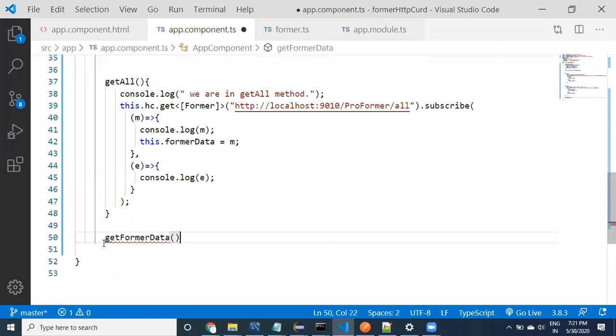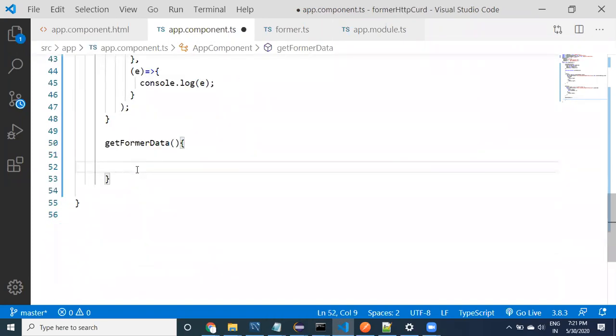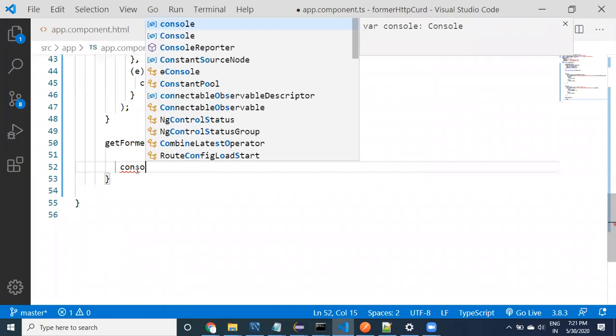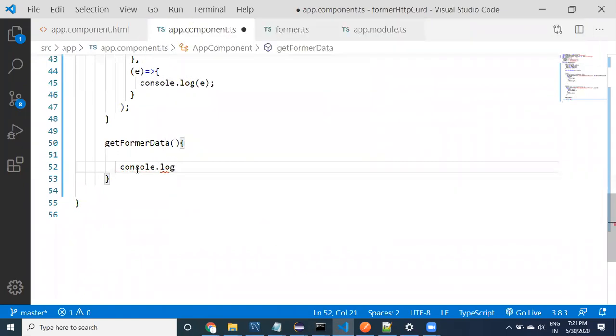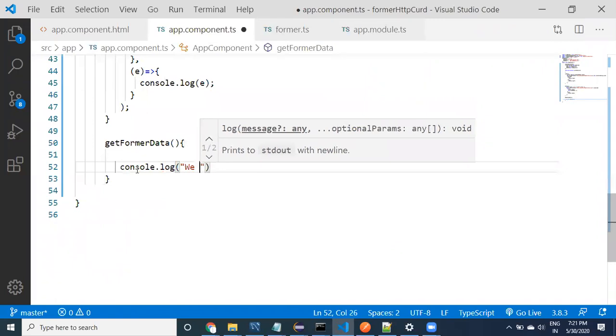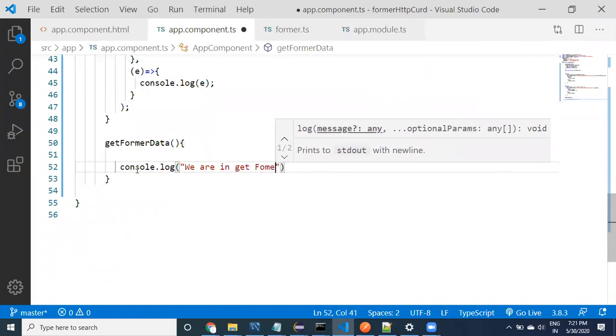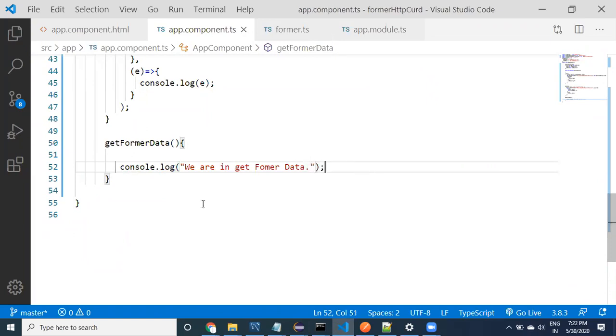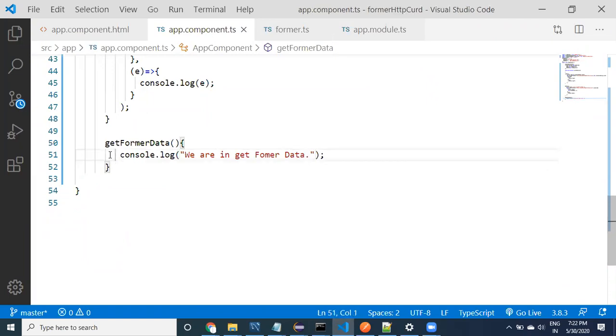And come here, I want to write a method, get farmer data, and here I want to say just console.log, we are in get farmer data method.